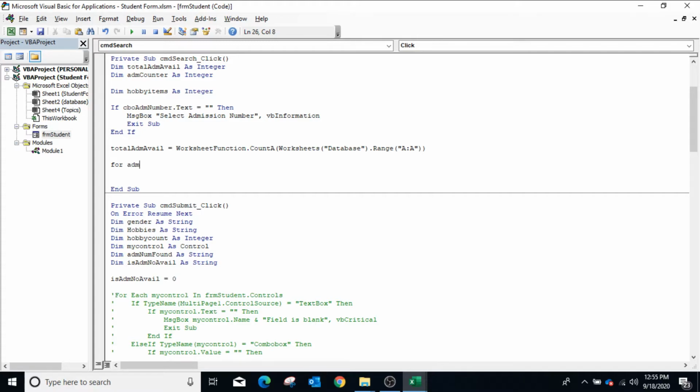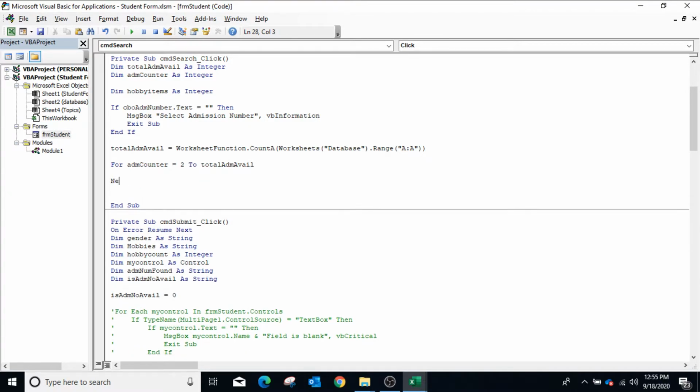So for ADM counter is equal to 2 to total admission available. Next, now if cint CBO admission number dot value equals to